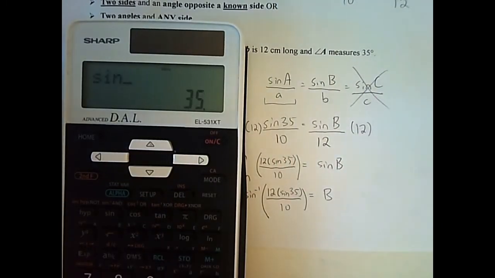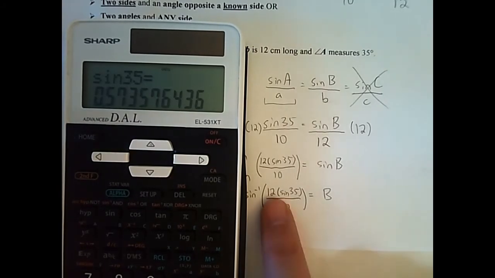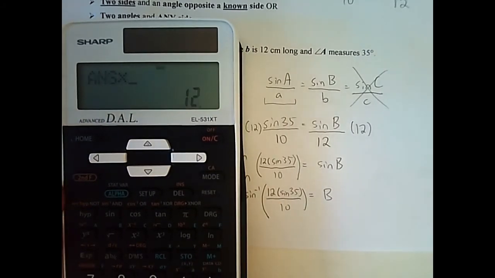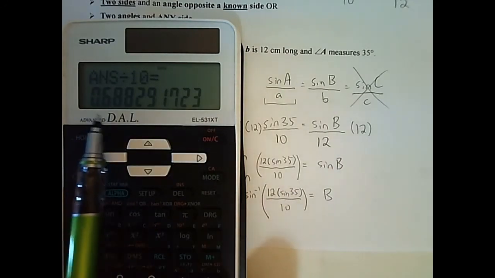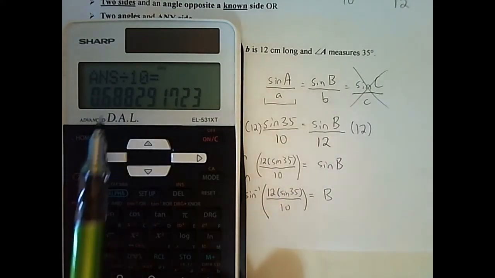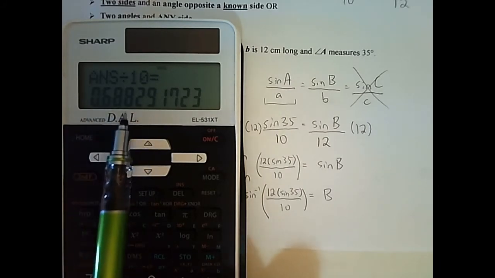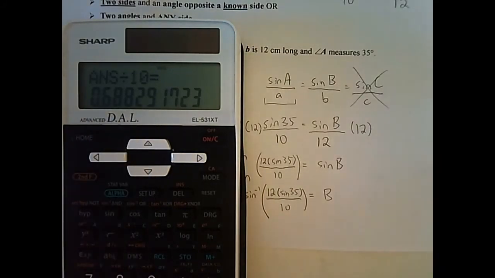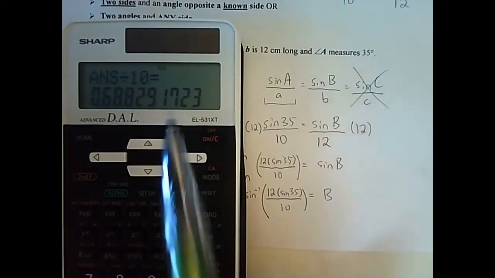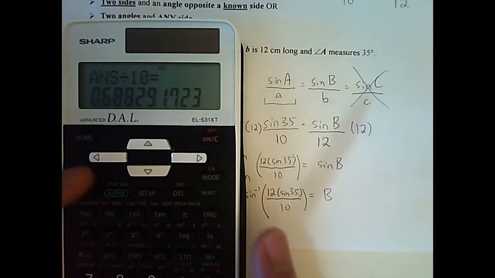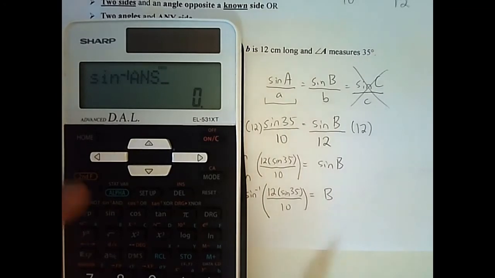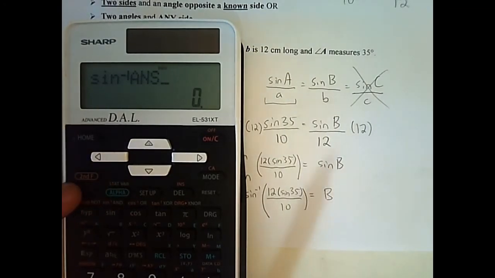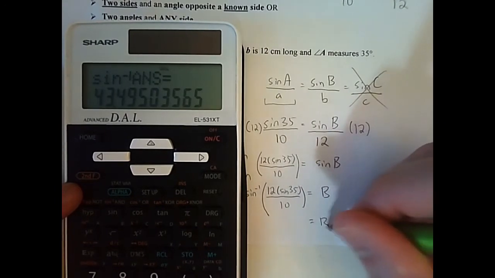sine 35, and I'll get a big decimal. I'm going to times that by 12. I get that number. I'm going to divide it by 10, and I get this number. So again, I'm doing all of this just so I can keep all these decimals. You can round it. I would suggest rounding it to 4 decimal places, so you get 0.6883 in this case. You should get about the same answer, but the more decimals we leave, the better. Then I do my second function sine to get the sine -1, put my last answer in by doing alpha answer, and then I'll press equals, and I get my angle to be